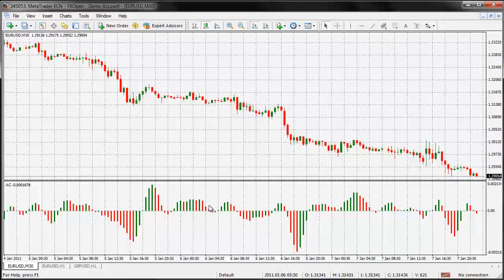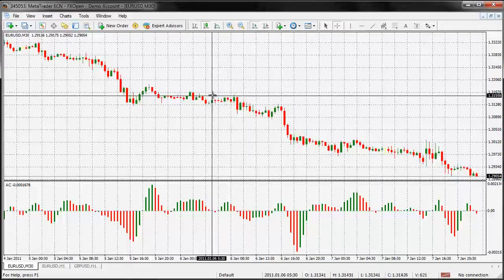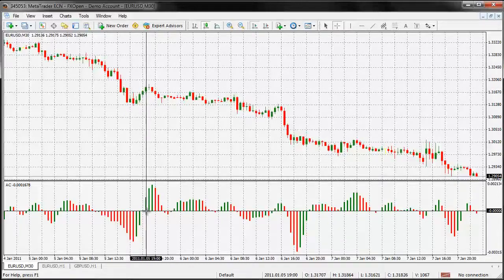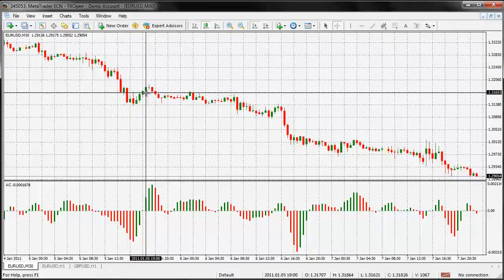Alright, now this is okay to a degree, but you really need to filter these strategies to the point where you can take out any possible losses. And let me give you an example. Okay, I've just got my crosshair tool out and I'm going to line up where the green bar is, and this is where it's essentially going to say that